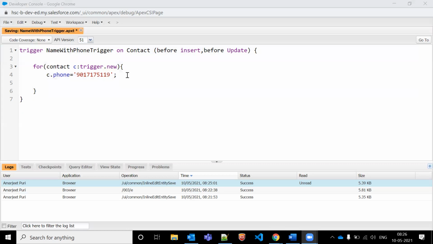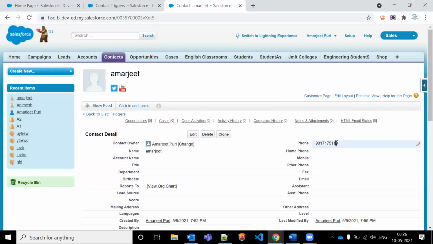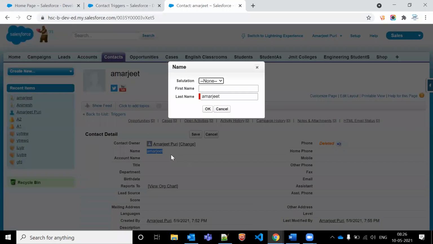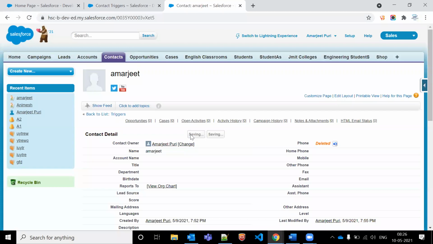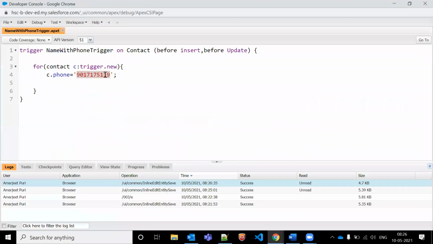Let me remove this thing. If I create any record, every time it will be updated with Amarjit's phone number, even if I'm not putting any condition here. It doesn't mean that we have to write conditions or add checks. In the contact object, any data you update, the phone number gets updated.